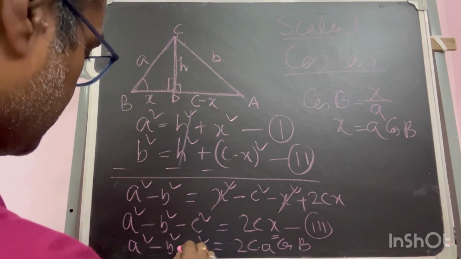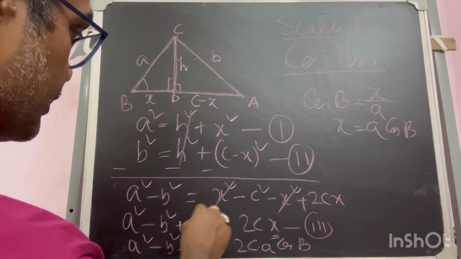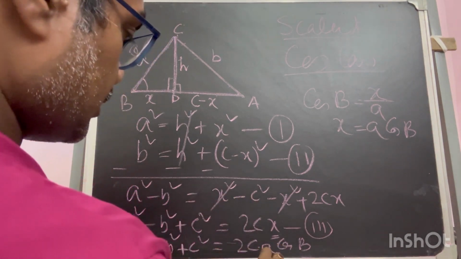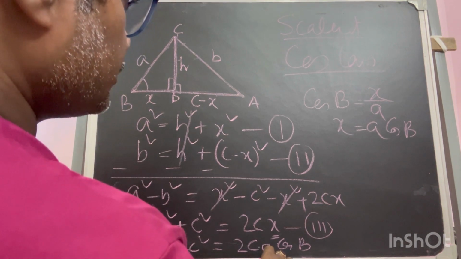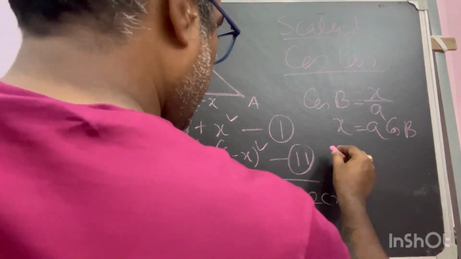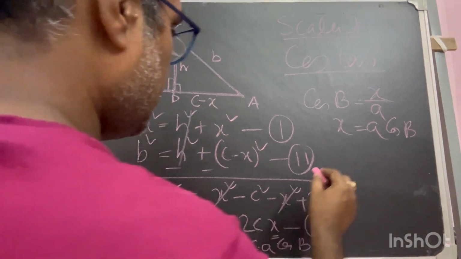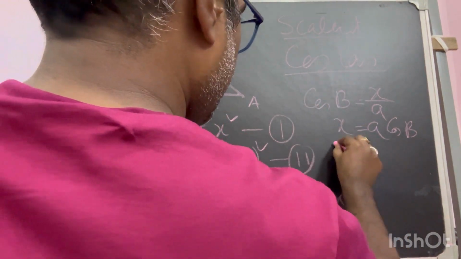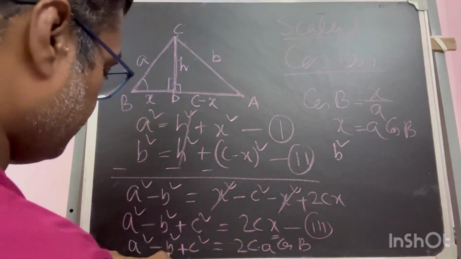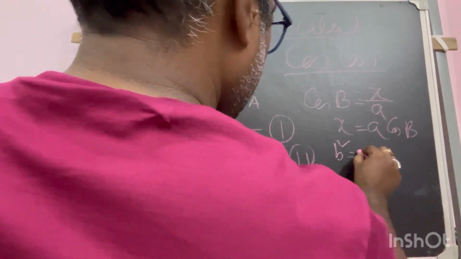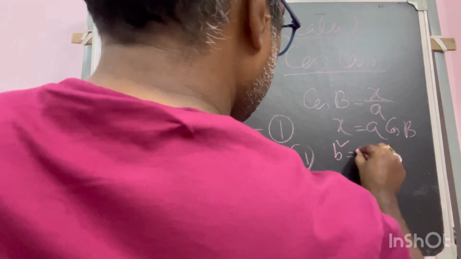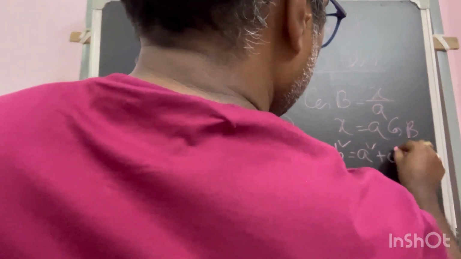Sorry, this will be plus, no? C I have taken this side, so this will be plus. So if I replace it here, this becomes this one. So I can arrange it accordingly. If I write b square on one side, only b I will bring on the other side, and all other terms I will bring on one side. So this will become a square plus c square